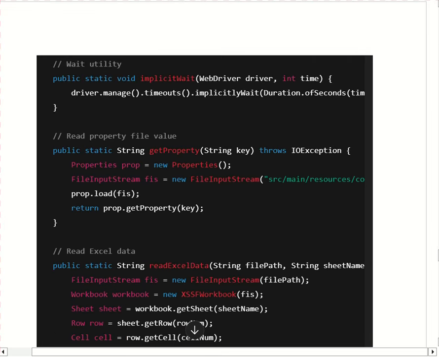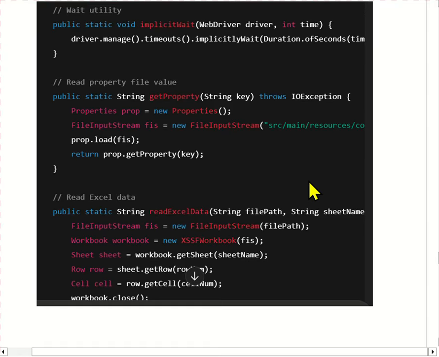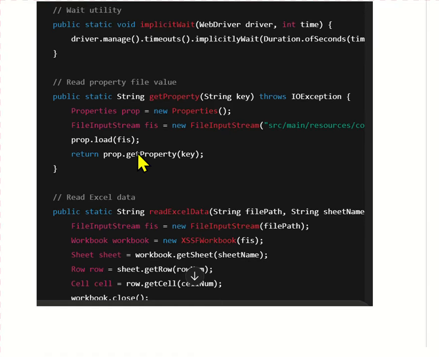Now there is a utility layer. In the utility layer we keep common reusable methods like reading Excel data, reading properties file, taking screenshot, wait, and browser actions. This makes our code clean. Instead of writing Thread.sleep or Excel code everywhere, we call a method like utility.readExcelData. That's reusability. So guys, this is the utility layer and here we are writing our config.properties code and the